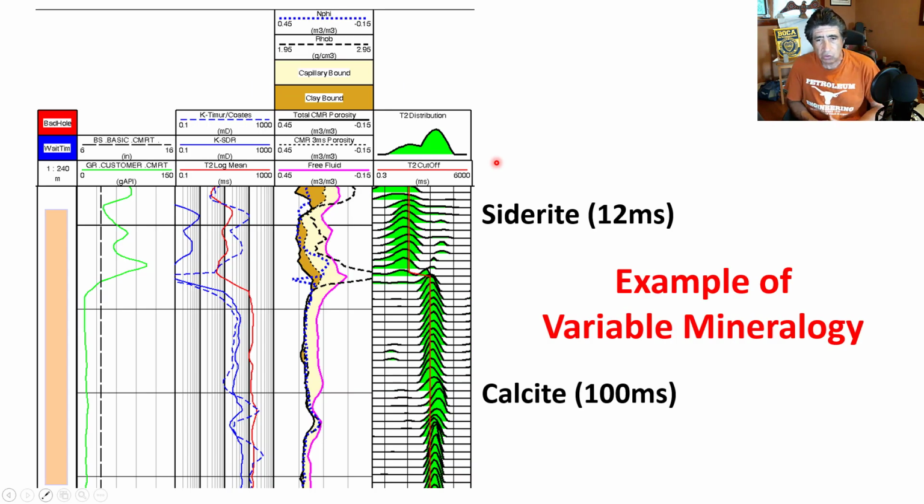Okay, and here is an example of a log where, first of all, I want to show you what the effect would be of having different minerals. So this is the surface effect, the surface relaxation effect. You can have pores with the same sizes, like done here, but let's say that the pores are lined with different paramagnetic materials. In the case of siderite, we have iron-based minerals that are magnetic, whereas in the